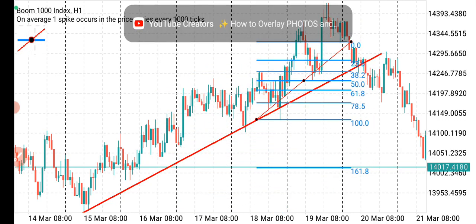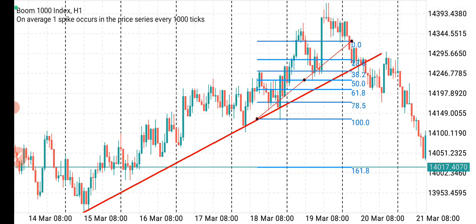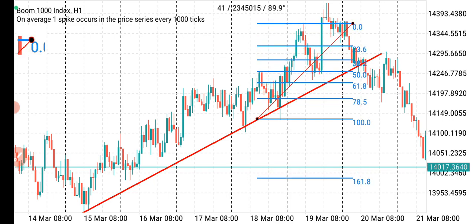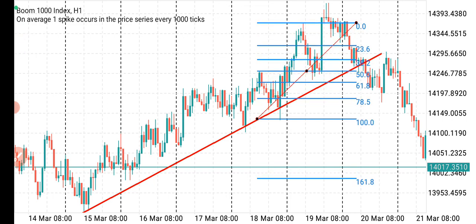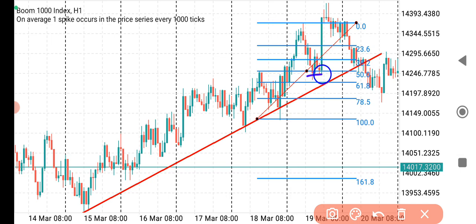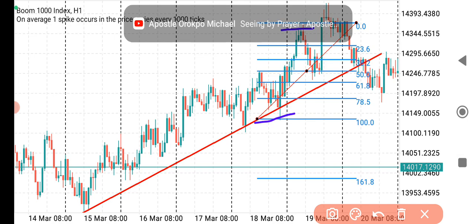More also is this last move here. Price returned to this point, pulled down, retraced to this point to 50.0, and then it moved to the upside. So trading it structurally, what it means is that after we mark the range,